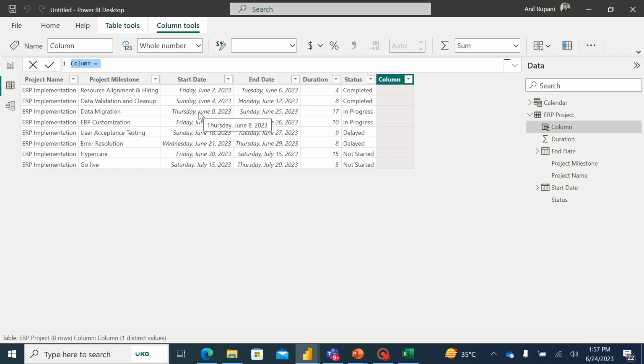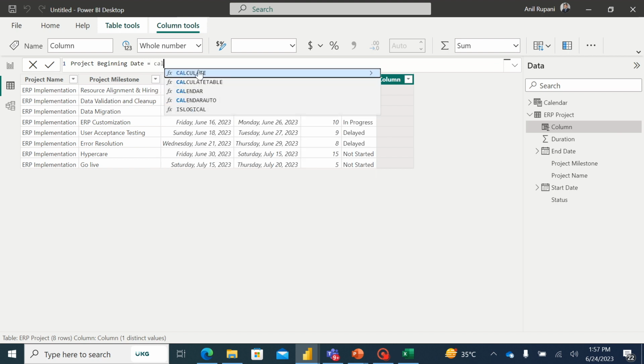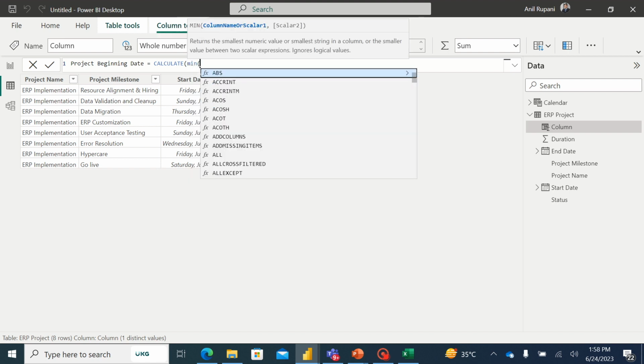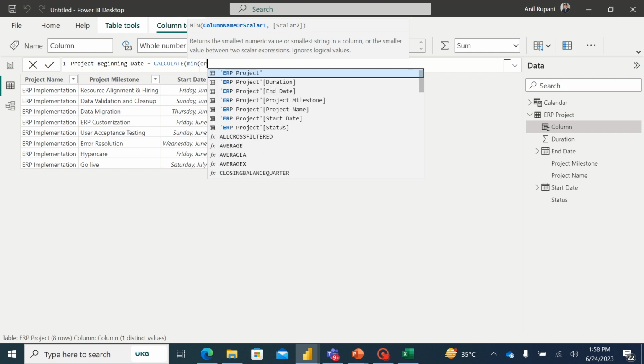So I'll name this column project beginning date, and here I will write the formula CALCULATE MIN. So the minimum of all milestone start dates would be my project start date. So here I would be using the start date column,